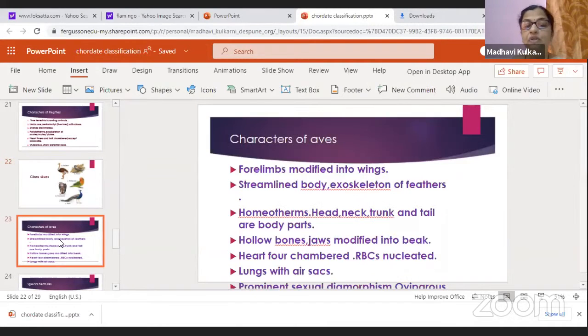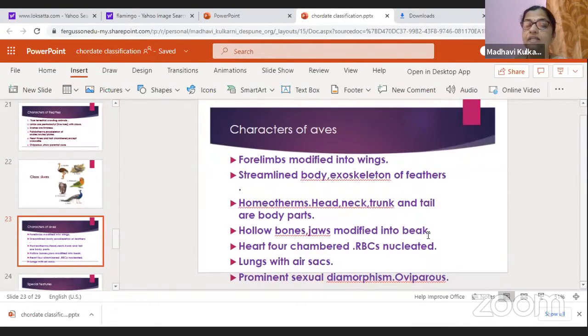So that is a peculiarity. The beak is modification of the jaws, and the shape of the beak is different in different animals. The heart is completely four-chambered. The RBCs are nucleated ones, and the lungs, additional point here, the lungs are having additional air sacs. The air sacs provide additional oxygen for the flight muscles, and also give buoyancy during the flight. So the presence of air sac is an additional feature of a bird's